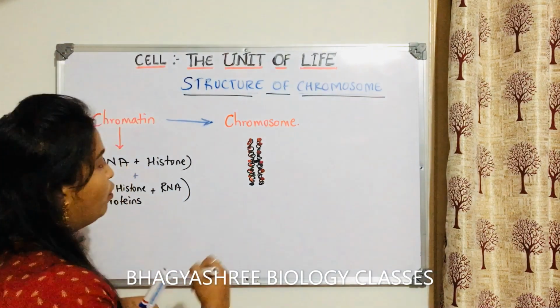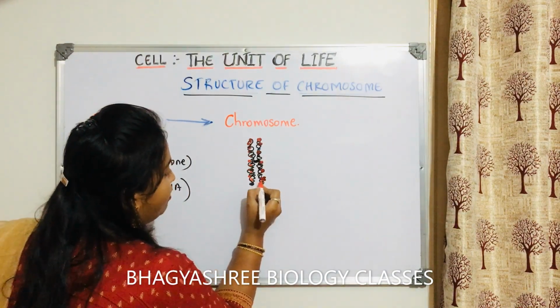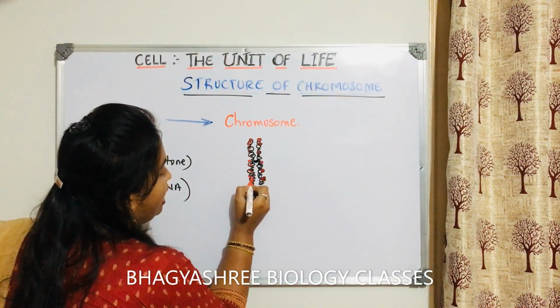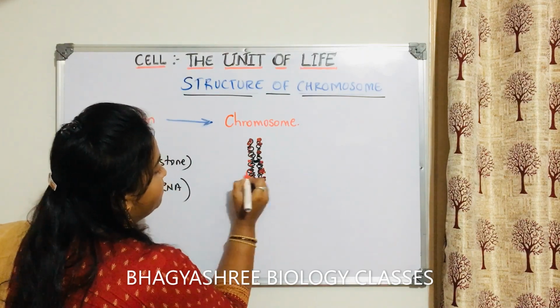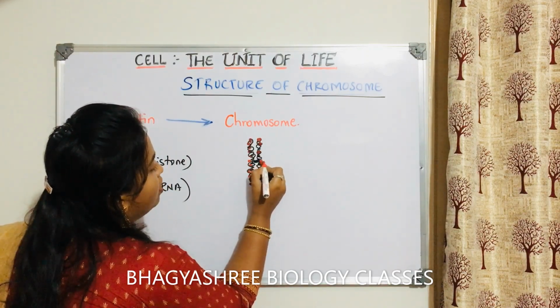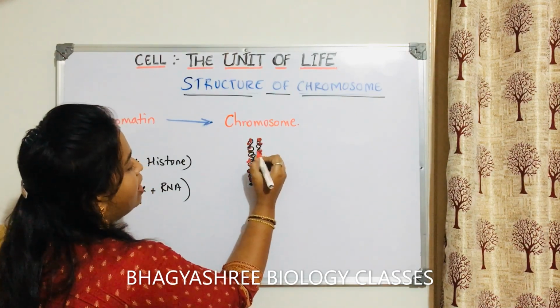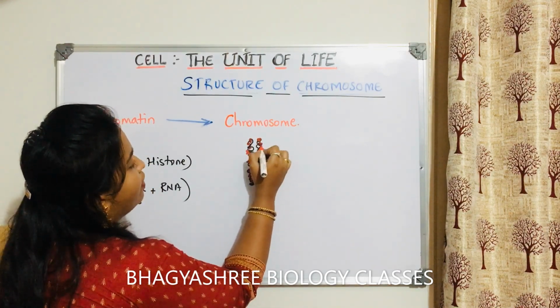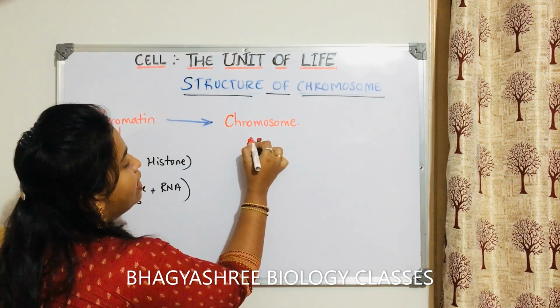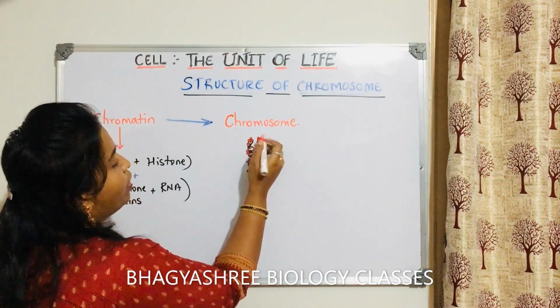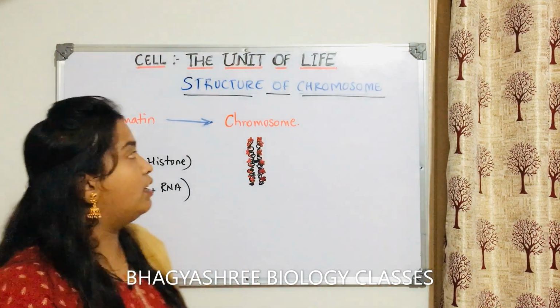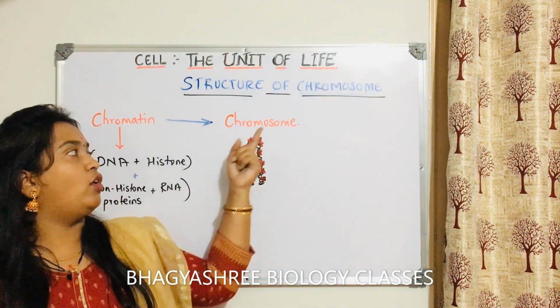I am just showing you one, but try to remember that there are many histone octamers like this. We call it a nucleosome, right? So nucleosomes are more here and they are in a completely condensed form, and then we call it a